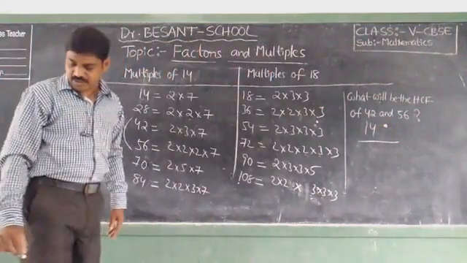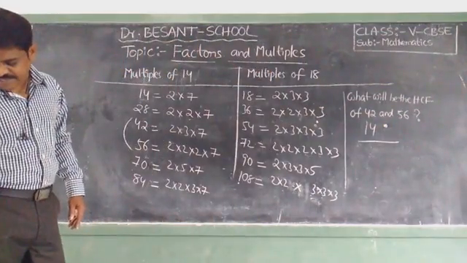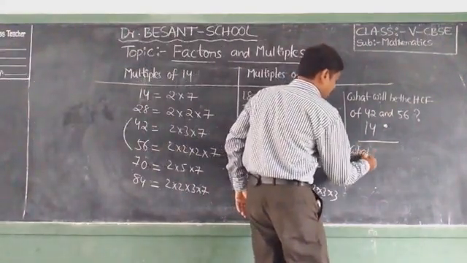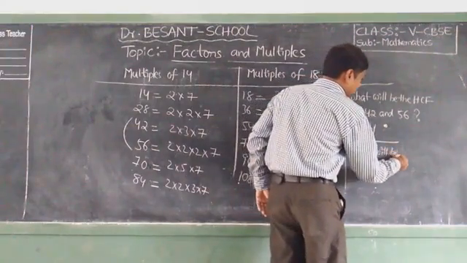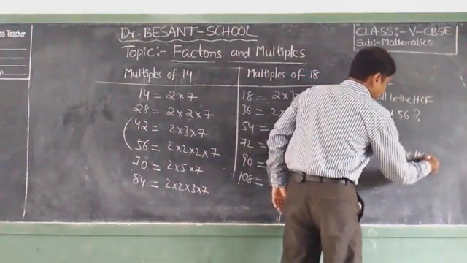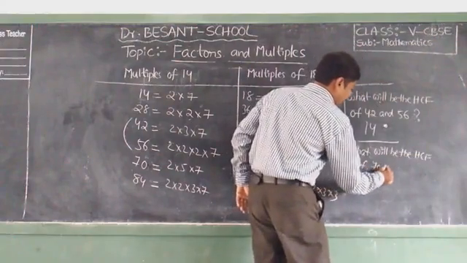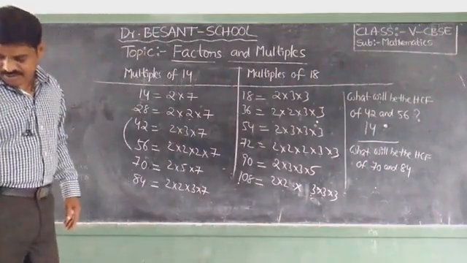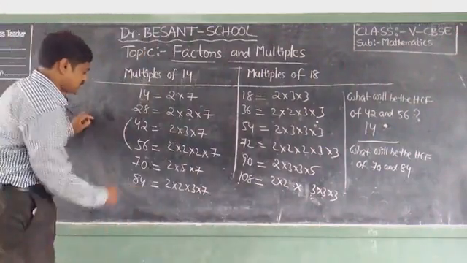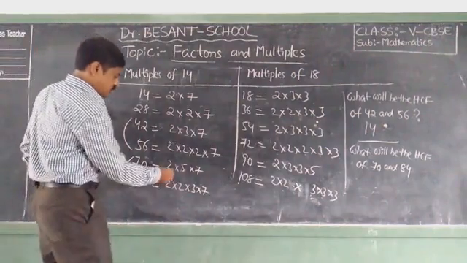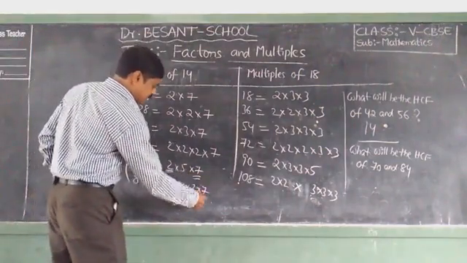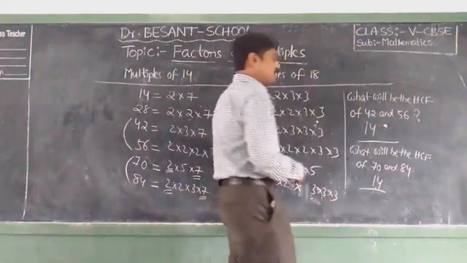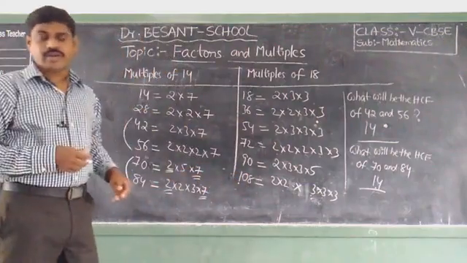Okay. Next, what will be the HCF of 70 and 84? Yes. Here 2, 2, 7, 7. So 14. The highest common factor is 14. Okay? Next,